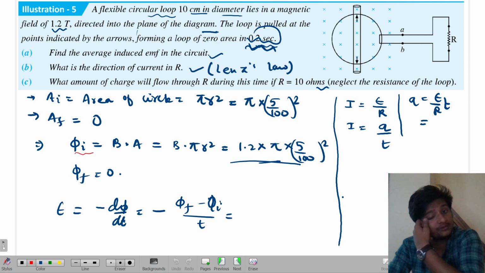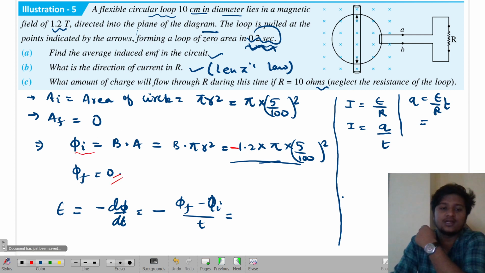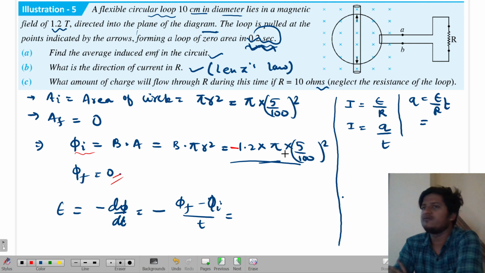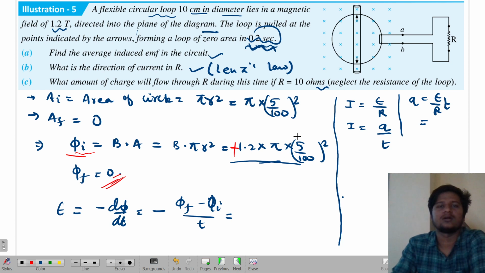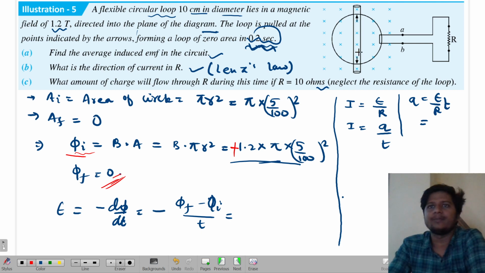Look over it. Phi initial was some kind of positive value. Phi final is what? 0. So what is happening? Flux is increasing or decreasing? Initial flux is some positive value. Final flux is 0. So flux is increasing or decreasing? Decreasing. So if flux decreases, therefore a magnetic field will be produced in the similar direction of the present magnetic